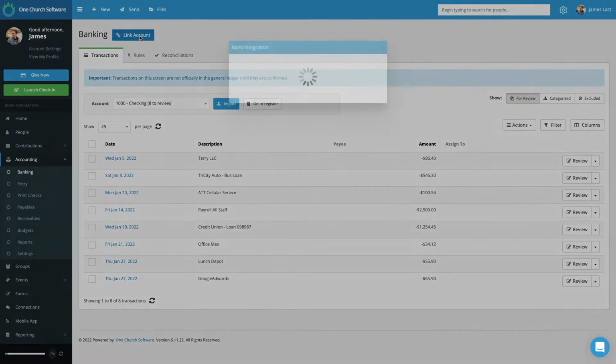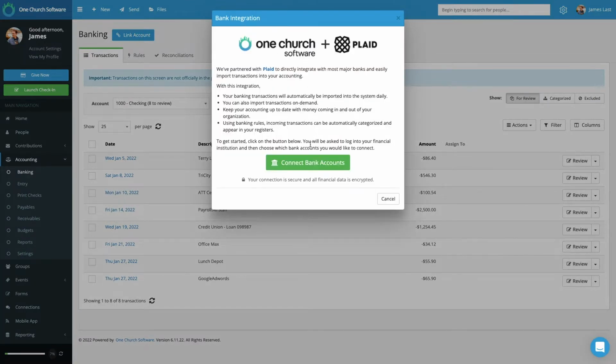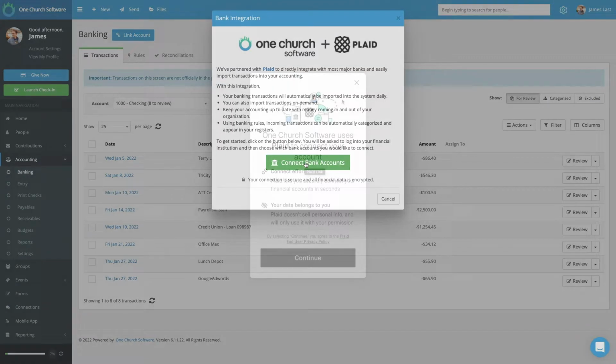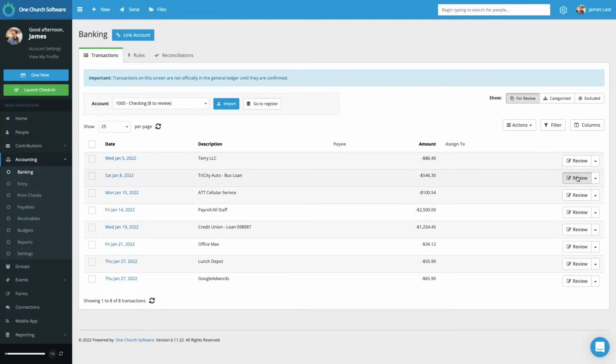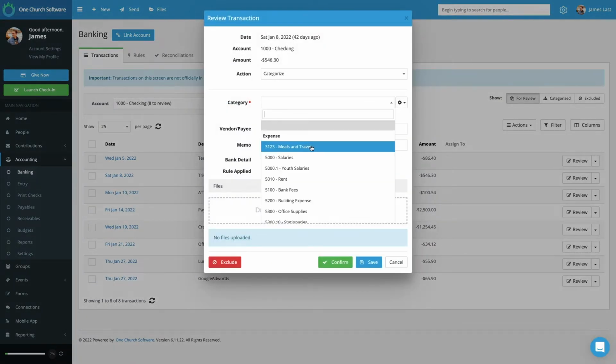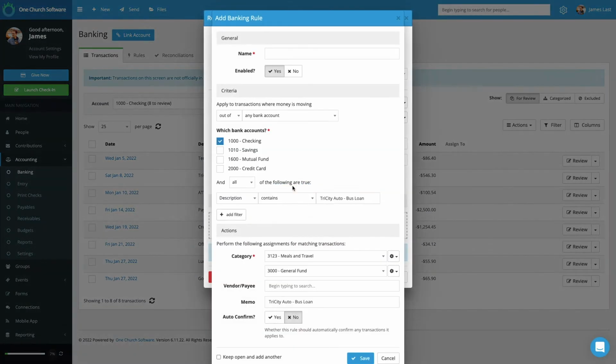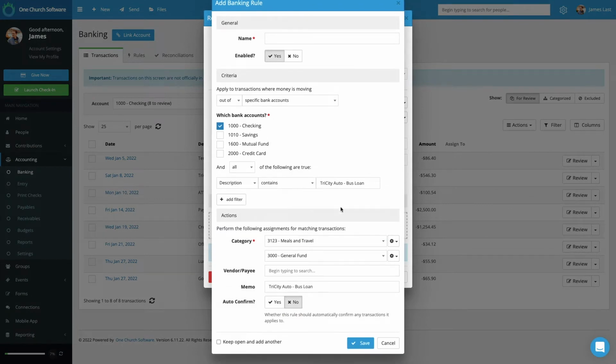When you connect your bank through our Plaid integration, transaction information will seamlessly flow into the system, which makes categorizing your income and expenses simple. You can also set rules for these transactions, so the software can automatically map your transactions to the correct account